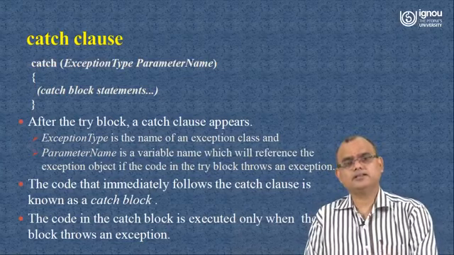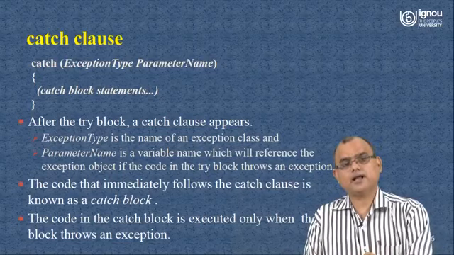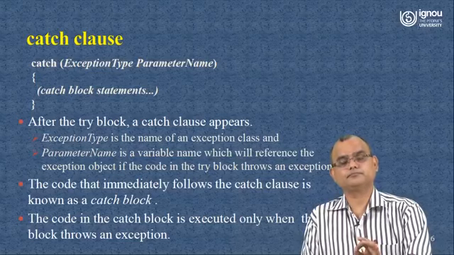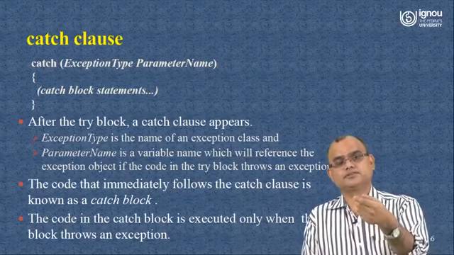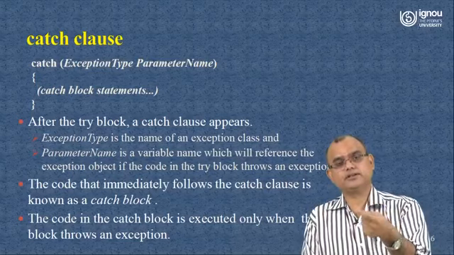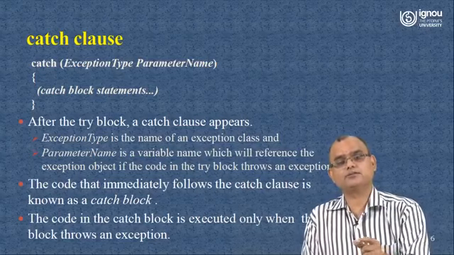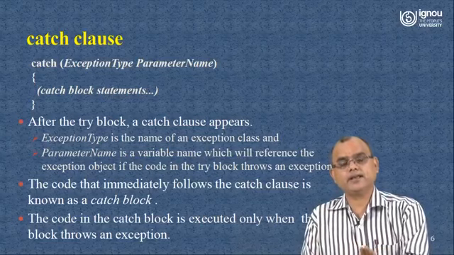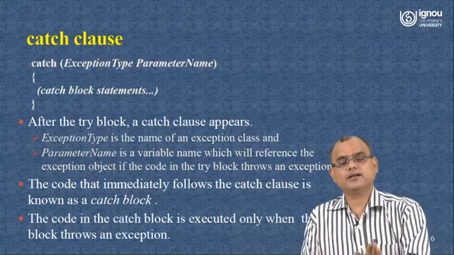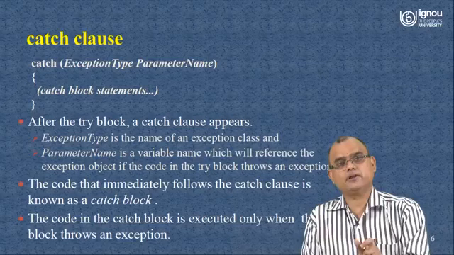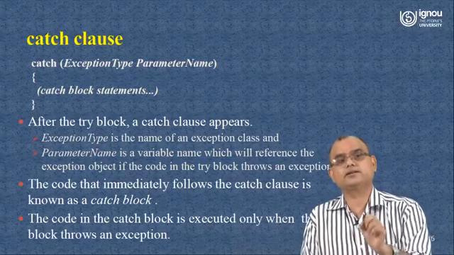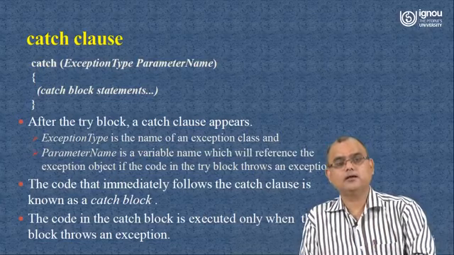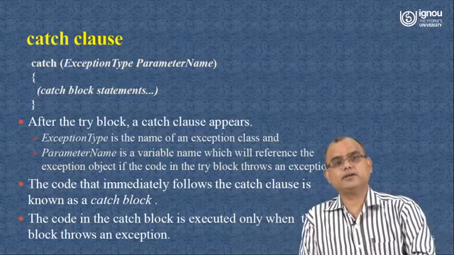And one thing is obvious, the catch block will be executed only if some exception is thrown. If your sequence of execution is normal inside the try block and no exception occurred luckily, then there will not be any execution of the different catch blocks, because catch blocks are going to catch the exceptions which occur in the try block. So if an exception is not occurring, then that catch block will not be executed.